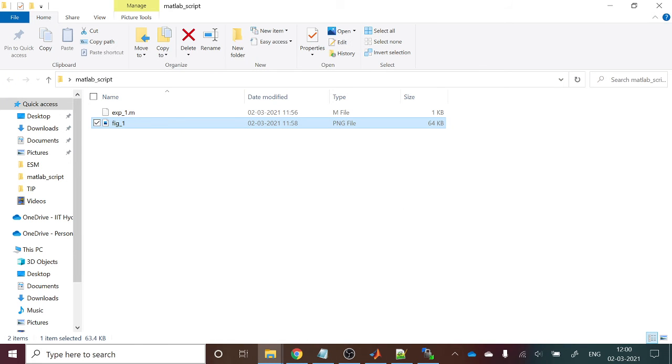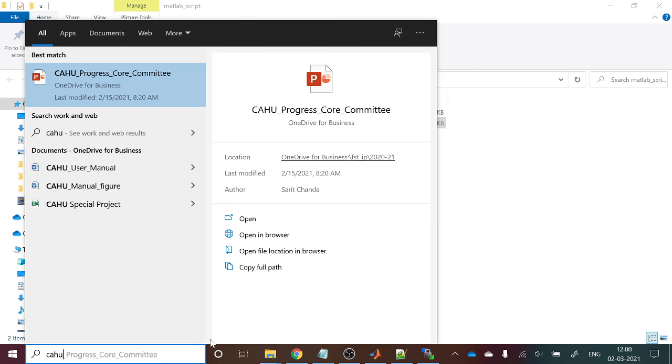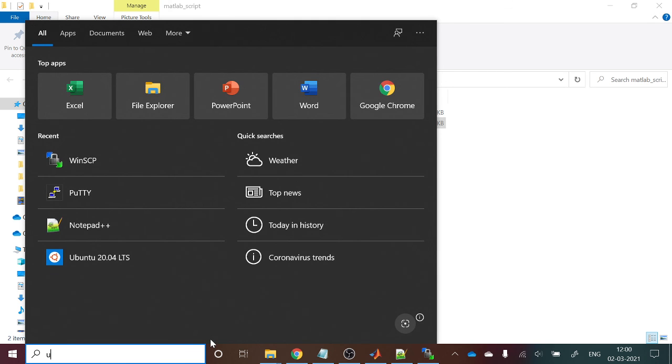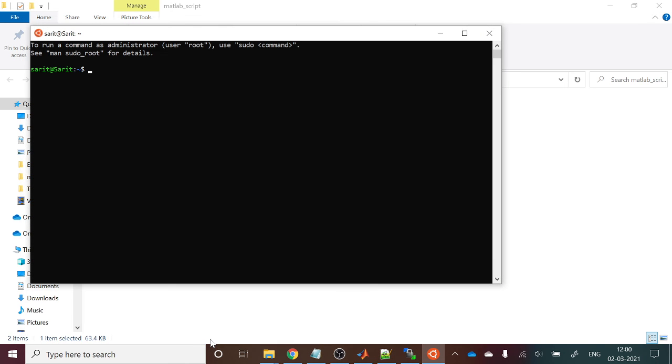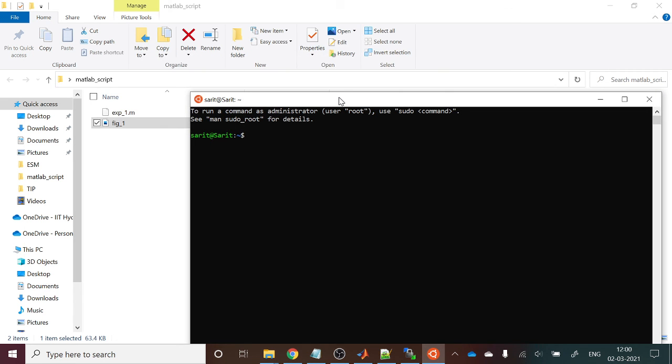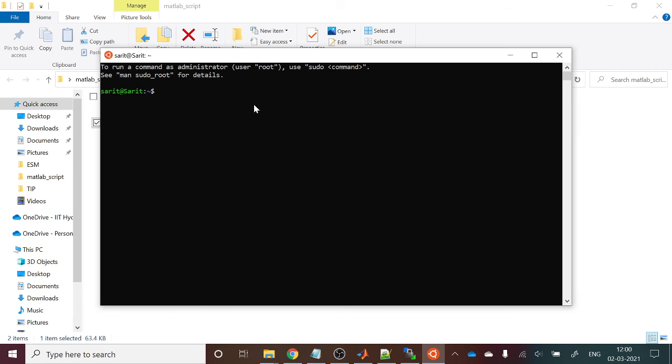For them, you simply open your terminal window. I have just Ubuntu, so I'll show it to you in Ubuntu. Similarly, those who are using Mac OS also, the process is the same. So the Windows part is over. Now I'll show it to you for the Mac or Linux OS.